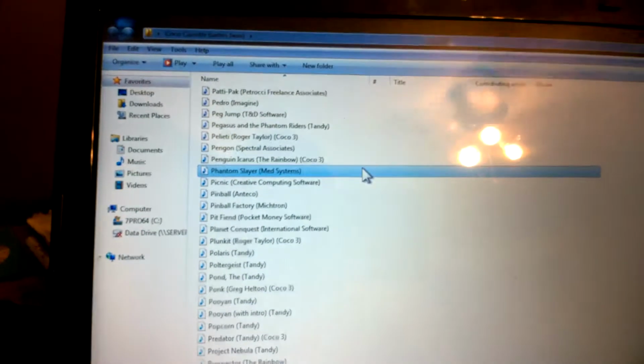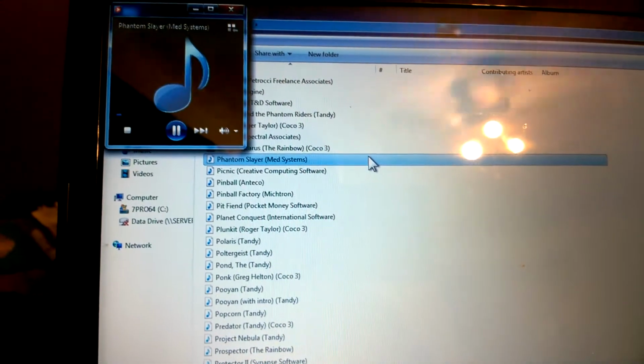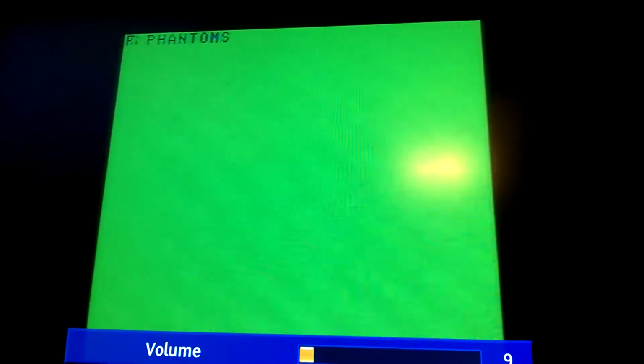Okay, now right now you got the little S up there, which stands for searching, and then I'm just going to simply click this, and it's going to come up with I think Windows Media Player. Okay, and then it found Phantom S, which stands for Phantom Slayer. I'm going to turn it up just a little bit. So what you're hearing now,